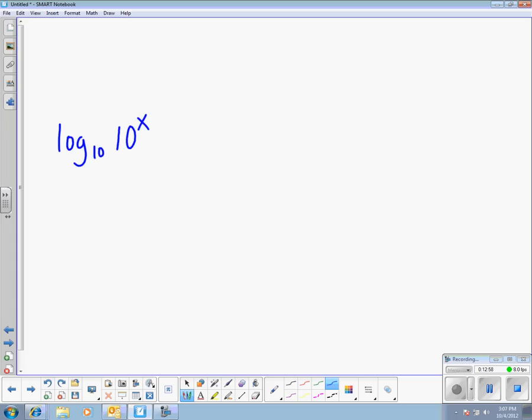In class the other day I showed you a problem, log base 10 of 10 to the goat equals goat, something like that with those goofy pictures. But logging and exponentiating are inverses. That's why log base 10 of 10 to the x equals x. Because the action of raising 10 to this power and log base 10ing this thing undo each other,